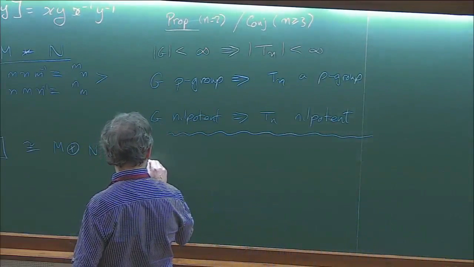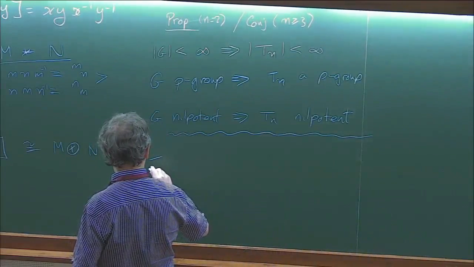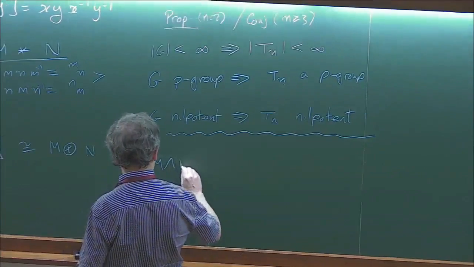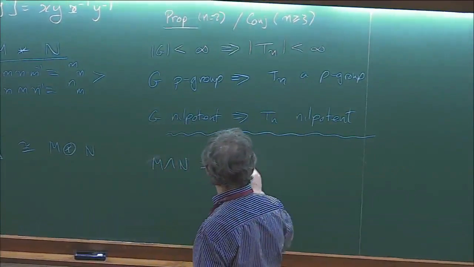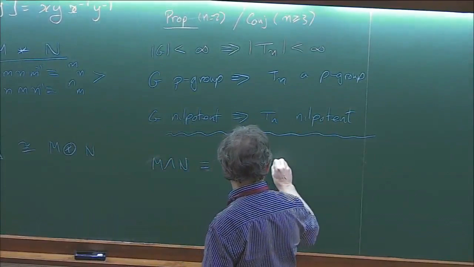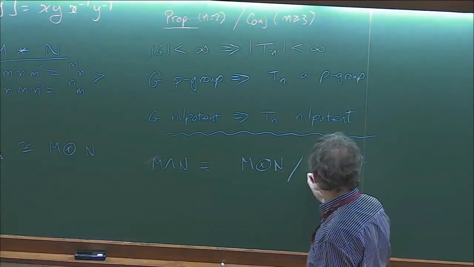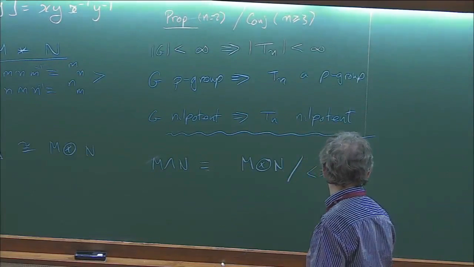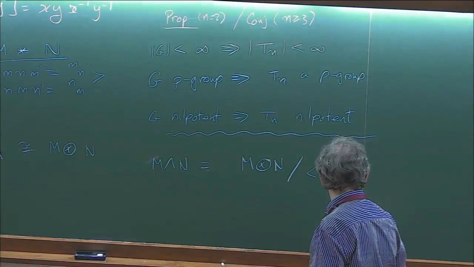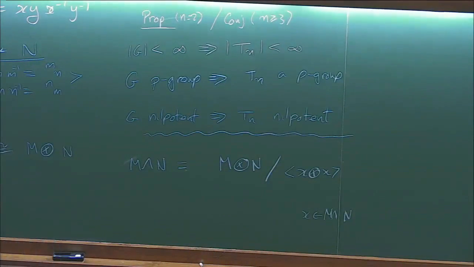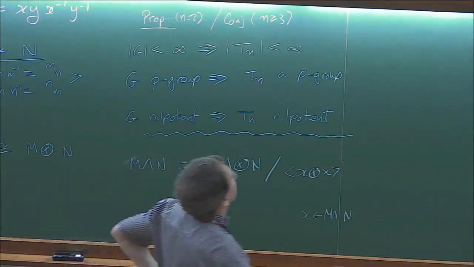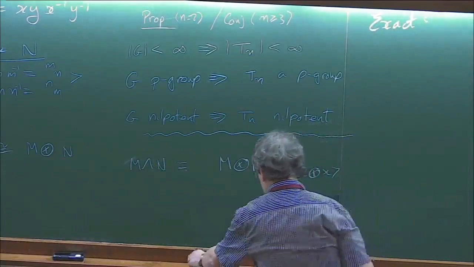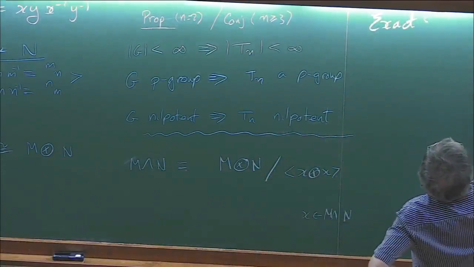So let me define the exterior product to be the tensor product divided by the subgroup generated by x tensor x, for all x in m and n. And then you find there's an exact sequence involving,